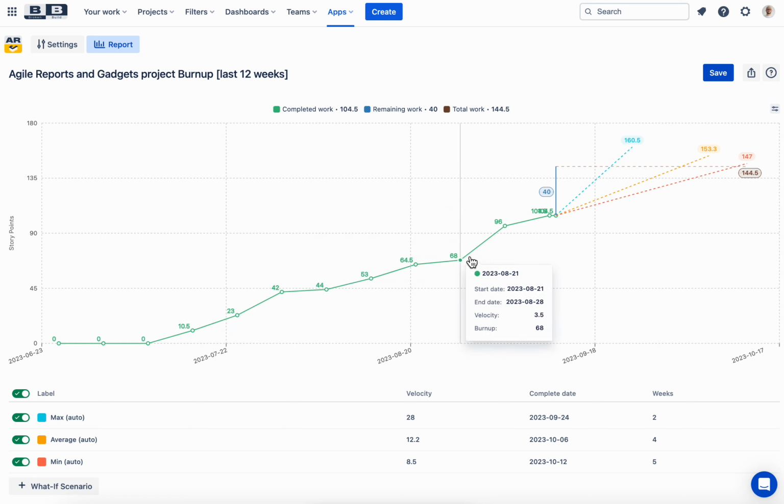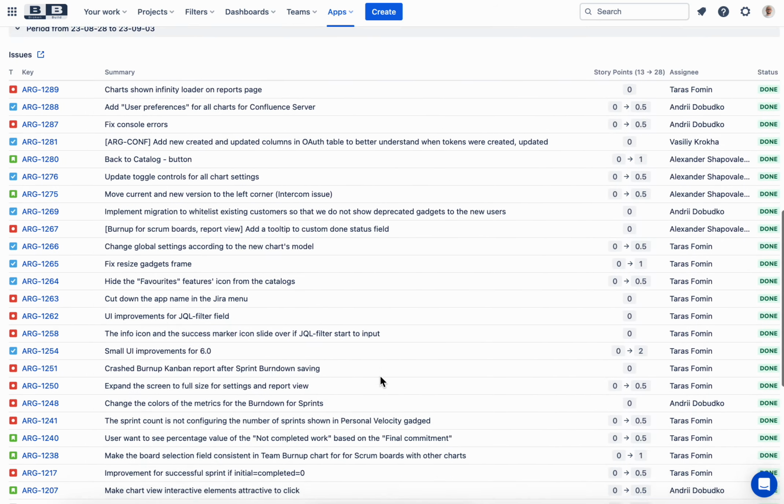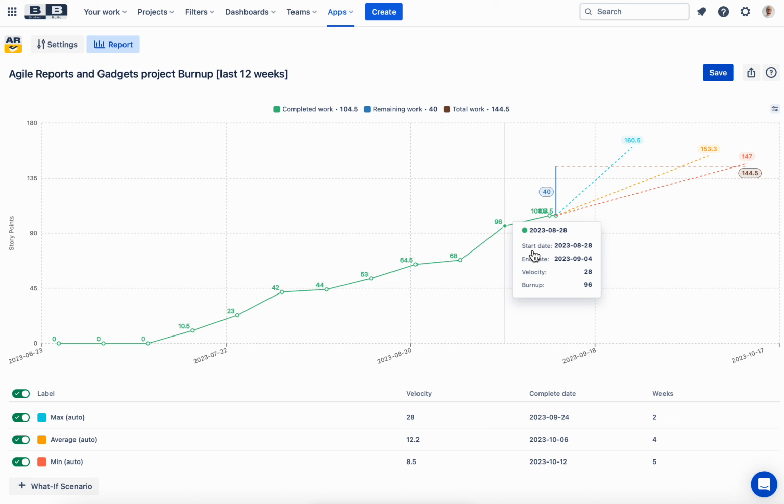line which shows you the burn up and the end of particular interval, and this number is cumulative. So at the end of the next period you will see the bigger number. You can click on the value on the graph and see the detailed report of issues which were completed during this interval. Also, you have this vertical line which reflects the remaining work, the work to be done for the